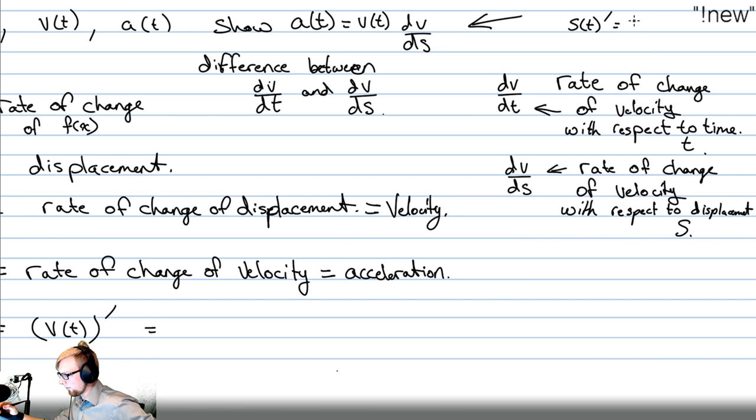No, okay. s of t prime is ds dt times dt ds, which would just be